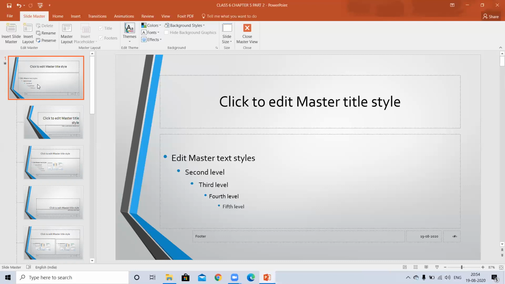So it is very useful when we are preparing a long presentation with lots of slides. Now we will see how it works. When we click on the slide master, this slide master tab will appear in front of you. Just move here and come to the first slide. Click here, and now you will see that whatever effect I give here will be applicable on all the slides.